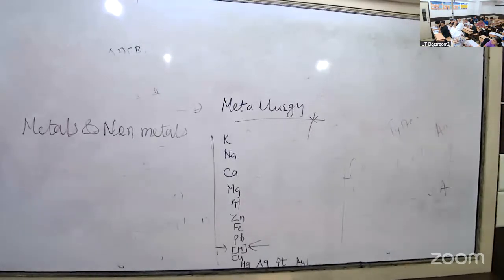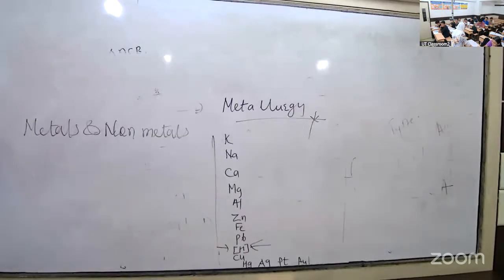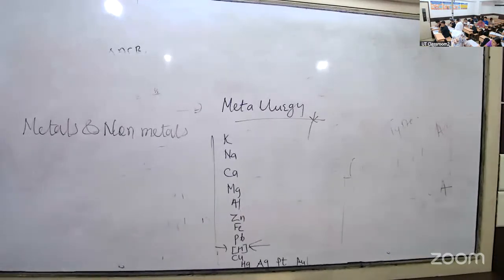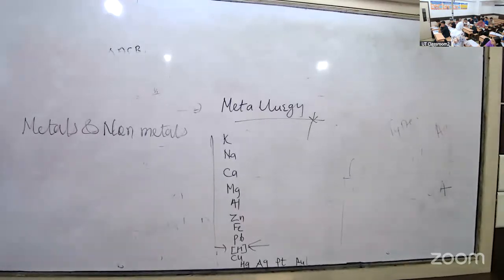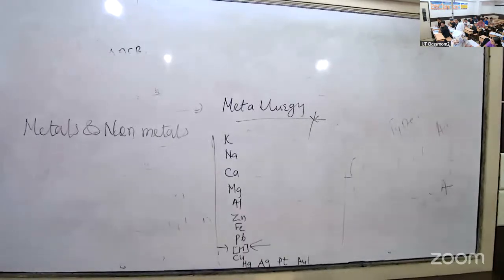Oxidation power from top to bottom. Oxidizing power is what? Giving or taking? Giving. अगर हम बोल रहे हैं उसका electropositive power कम हो रहा है, मतलब इलेक्ट्रॉन लेने की जो capacity है,